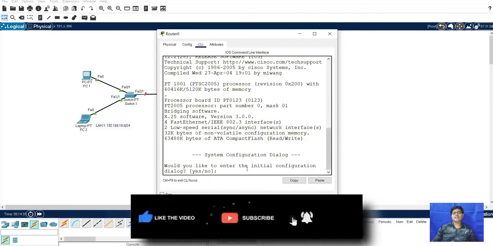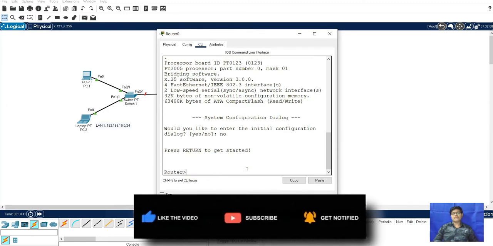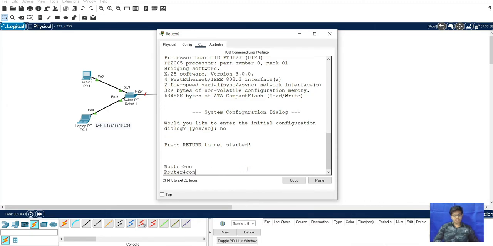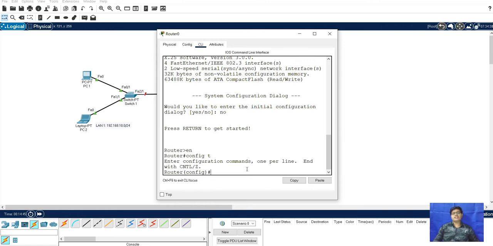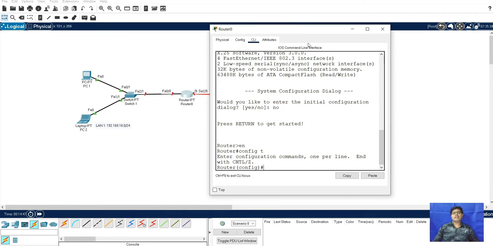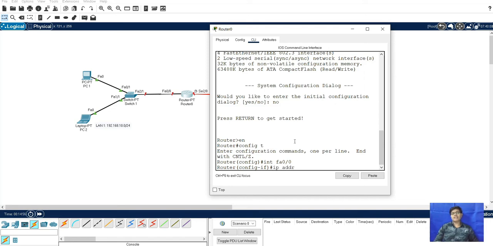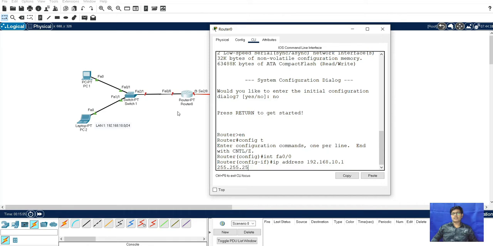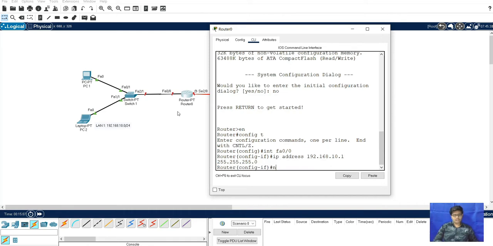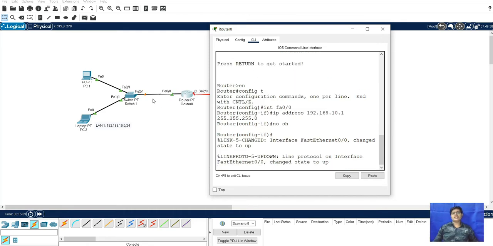For that we will go here in router. Here is CLI, so we will configure here. Enable, config t for configuring terminal. Next we will give interface FA, that means fast ethernet, 0/0, IP address 192.168.10.1 for this gateway, and subnet mask 255.255.255.0. No shutdown. So this connection is established here.